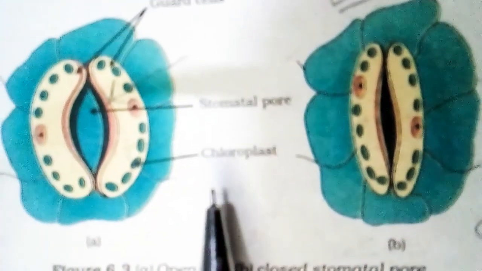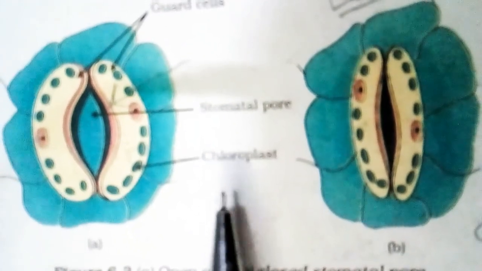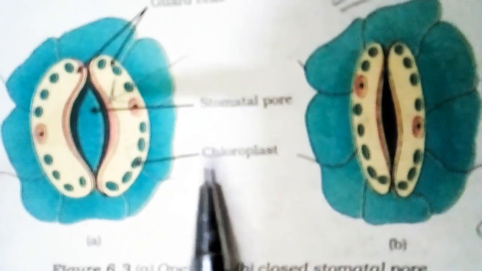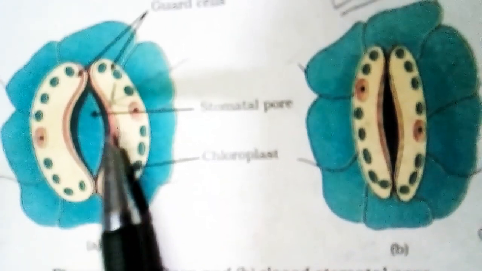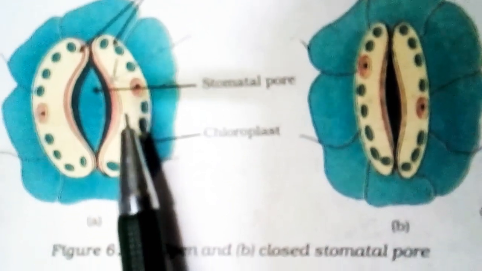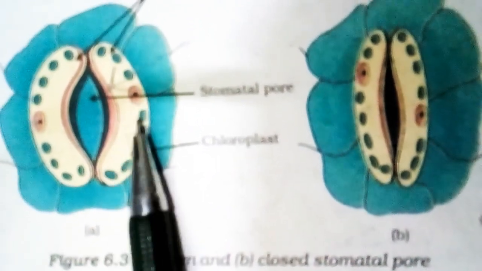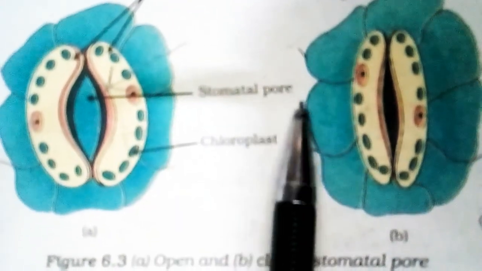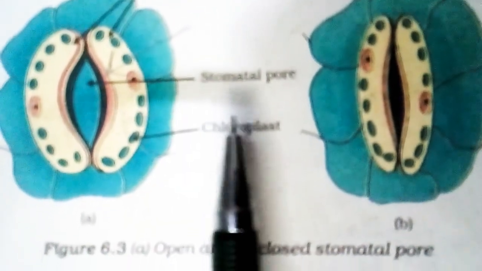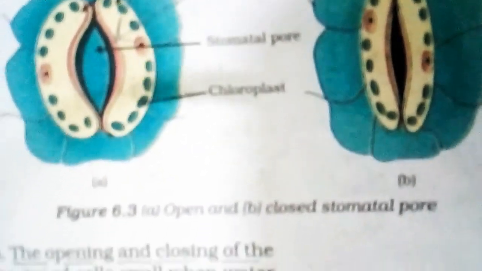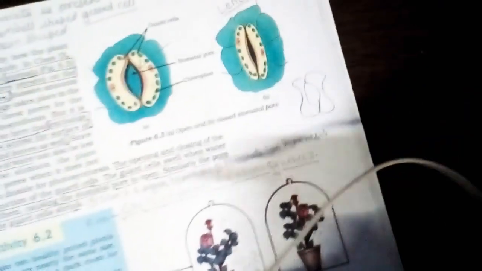Now we will go with the functions of stomata. The first function of stomata is the exchange of gases, O2 and CO2. The second function of stomata is loss of excess water from the plant body. So there are two main functions of the stomata. Now boys, we have seen this stomata. Now we will go with the